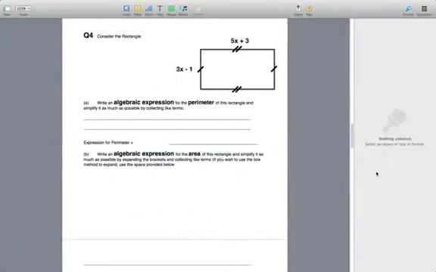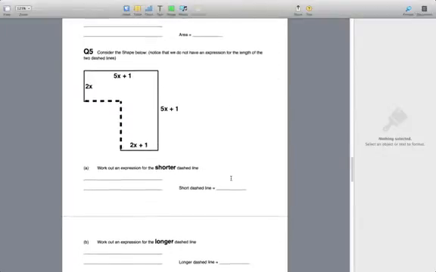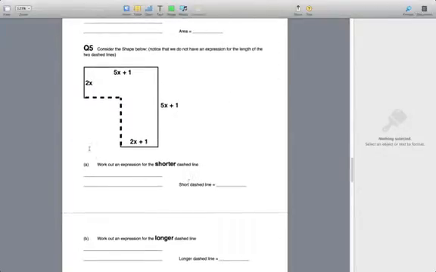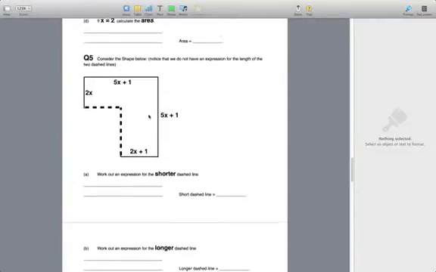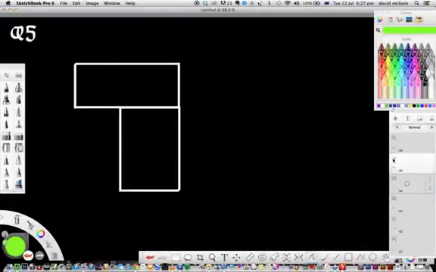Okay, question 5. Oh, that was tricky. This is where we had a shape and there were 2 sides we didn't know. So let's have a look at that shape. Let's have a look at this problem. So question 5. There's our shape,